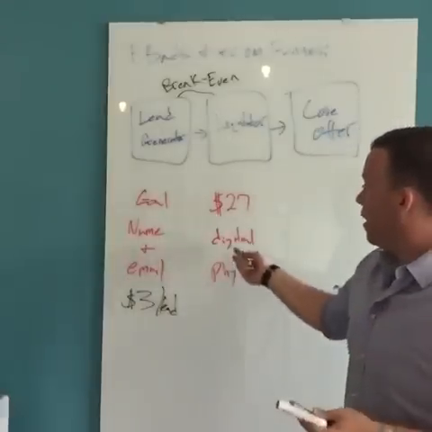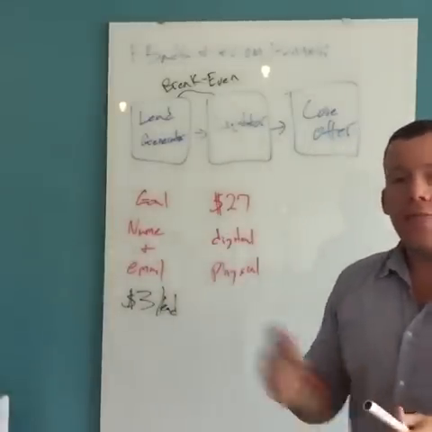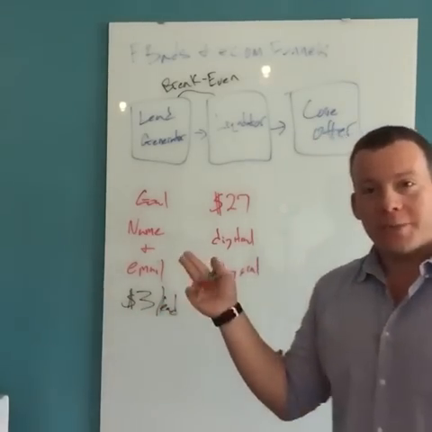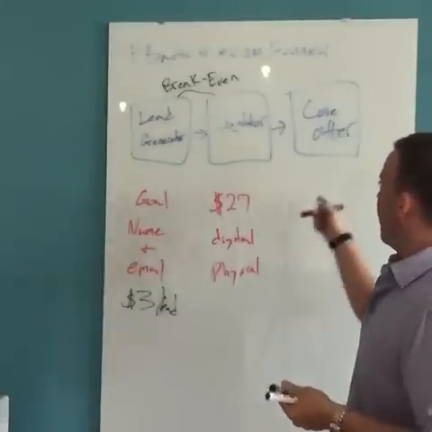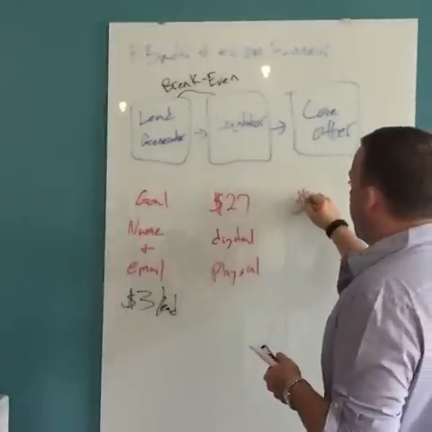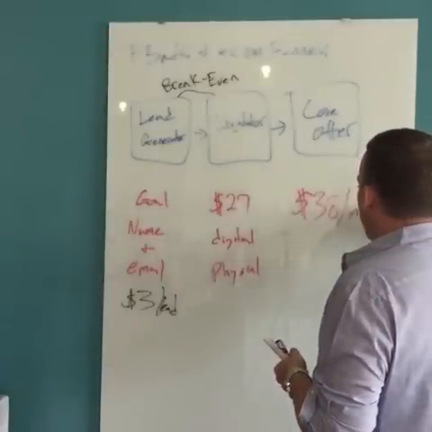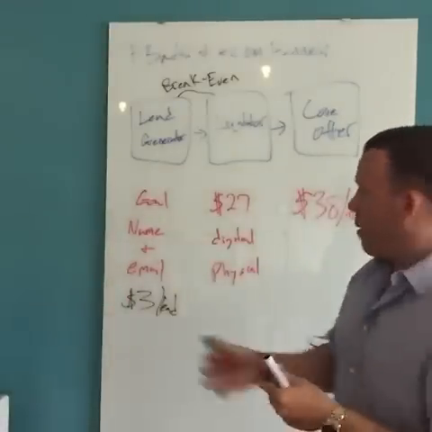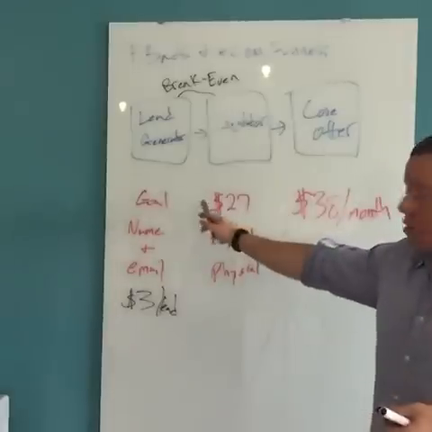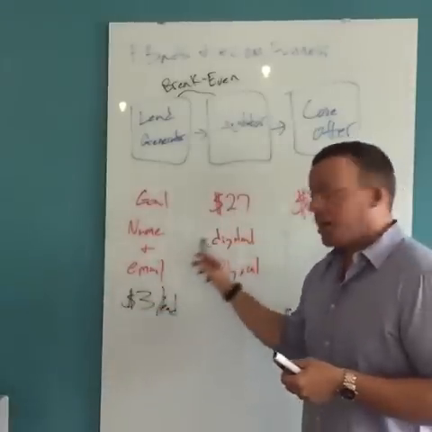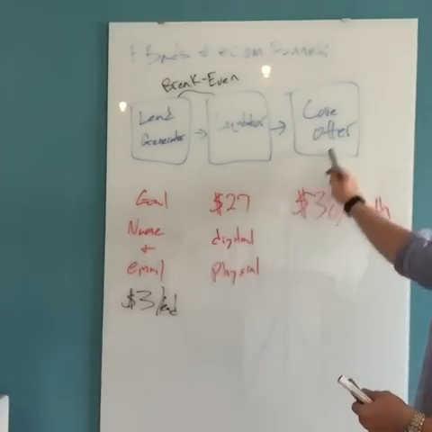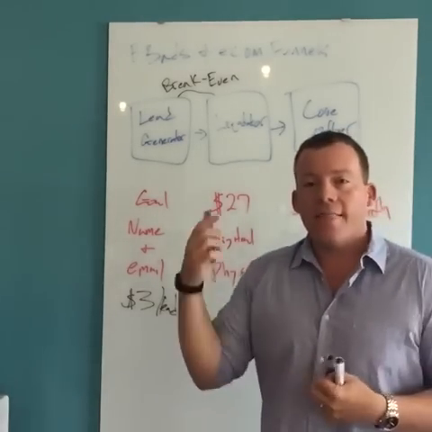I'll keep going with this $27 flashlight offer. Their core offer is a membership site for people that are into prepping. So like the Doomsday Prepper shows, I don't know if anyone's seen that. The core offer for the flashlight offer is a monthly membership site that sells for $38 a month. So you bring people in for about $3 a lead, done on Facebook, all of your lead generators. Then you sell them a liquidator for something around $27. Hopefully the conversion rate is high enough to where you're at least breaking even on ad spend. Then you try to sell them your core offer, which in this case is a membership site that is $38 a month.